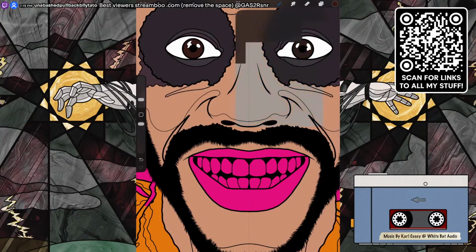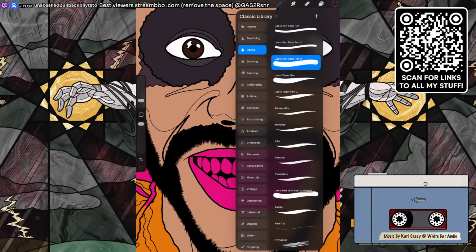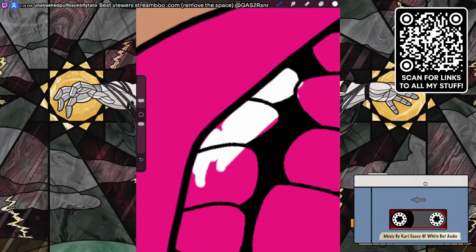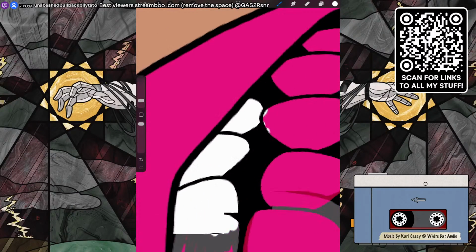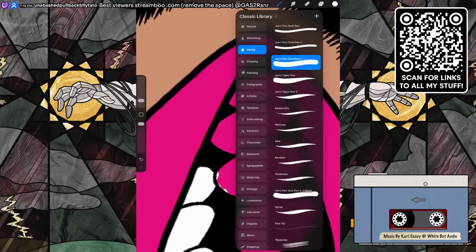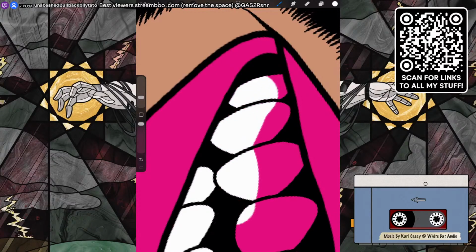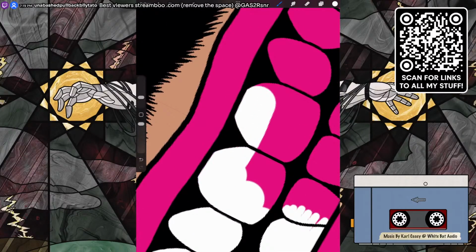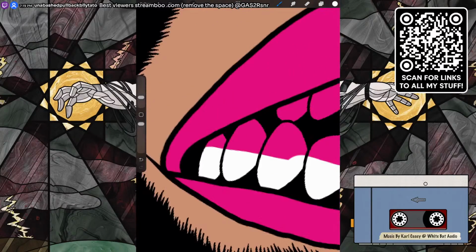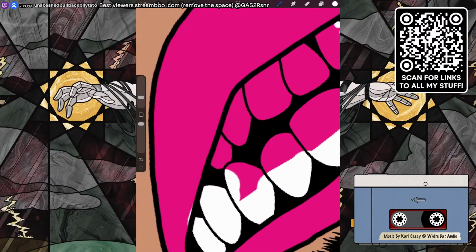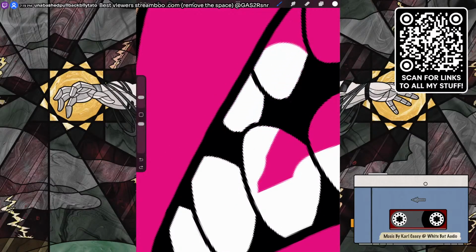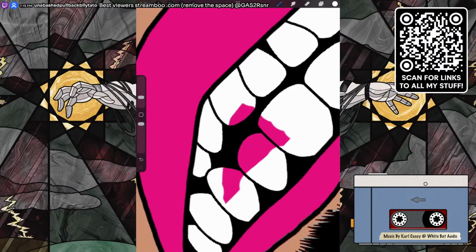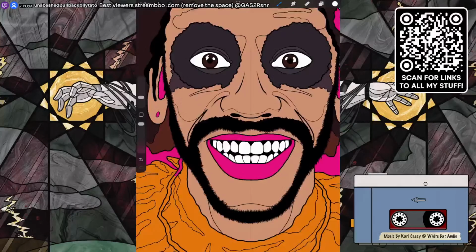Yeah, geez, I keep finding things that I just want to make sure I do. I want to make the teeth white for now. I don't know that they're going to stay white. I might make them into candy corns. That's kind of a neat idea, I think. As I think of it, I kind of like the idea of what that might look like. It might look stupid, but I might do it. We'll see. Can always change it if I don't like it. That's the beauty of having it in digital. Editing power. The ability to go back and set right what went wrong. Not set white, but I did set the teeth white.